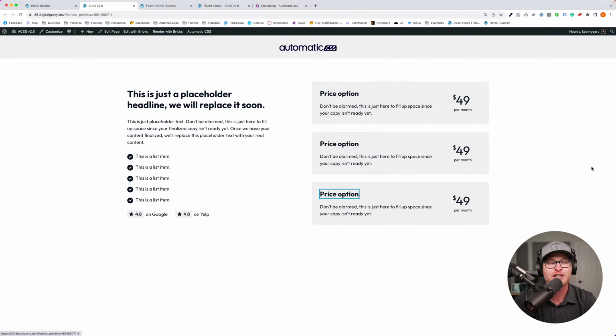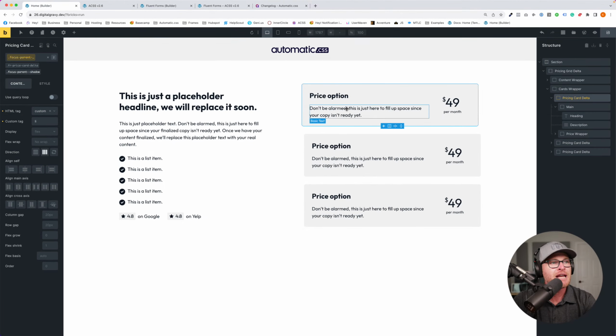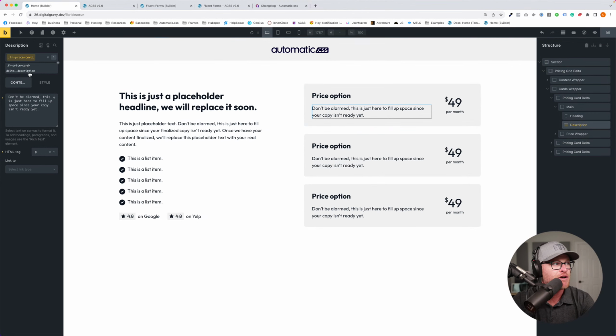But look, it's not going to do it on the next one. Why? Because these are not in a query loop. So there's actually 3 instances of it. I would have to go utility class, utility class, utility class. With BIM, I would not have to be a chump like that, okay? The utility class is fine when this is in a query loop. If it's not in a query loop, you've got to BIMify the clickable parent like we showed earlier, okay? That's a perfect example of when to do one versus the other and why you want both options at your disposal.